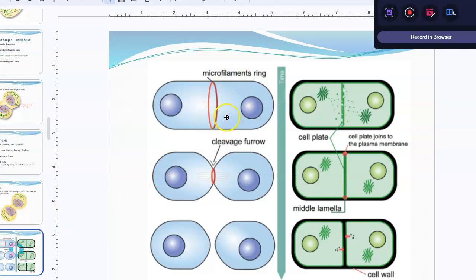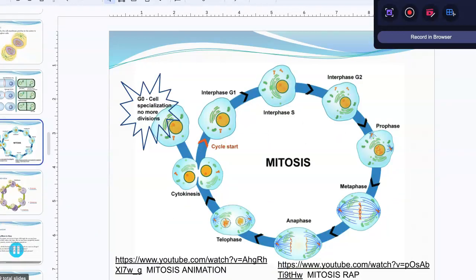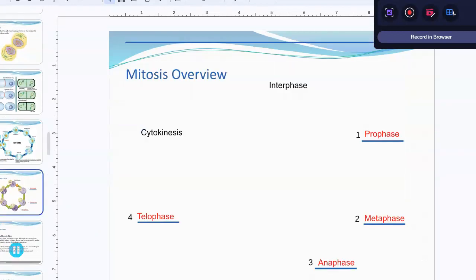Here is the way that you get the cleavage furrow in the animal cells. You can tell there's no cell wall. Instead, it just kind of pinches off to make two new cells with two new nuclei. That's why we had to divide earlier. And then we have the cell wall forming here in plant cells. As you guys remember, plant cells have the cell wall, which is important and gives it structure. Now I am going to move on to